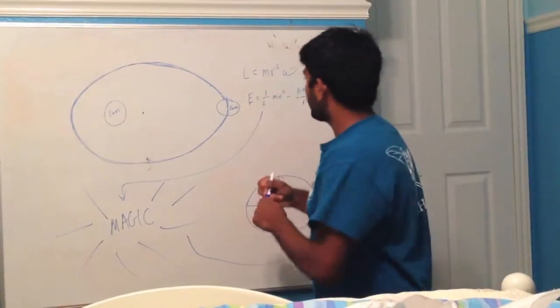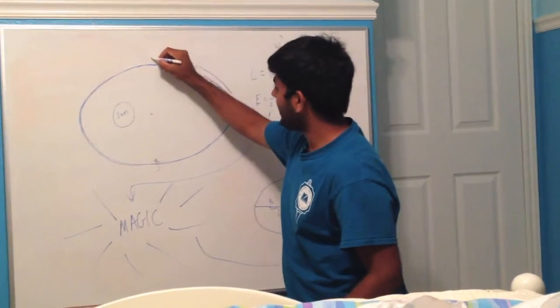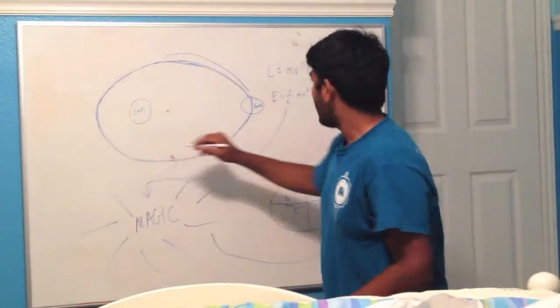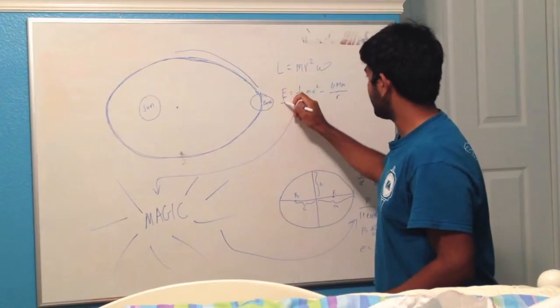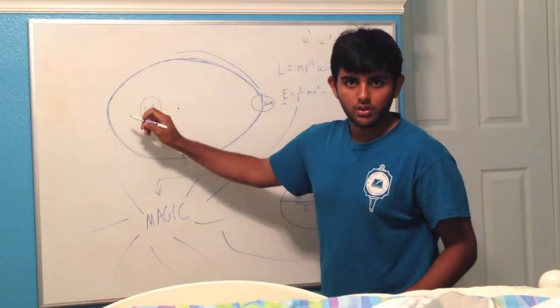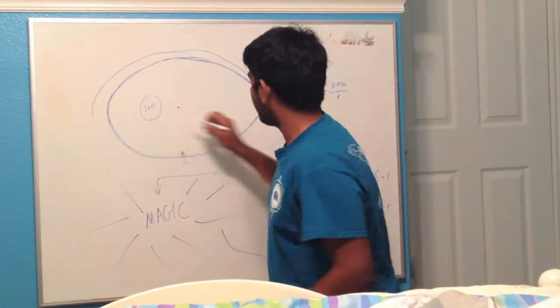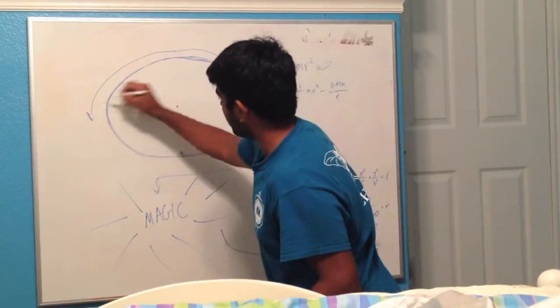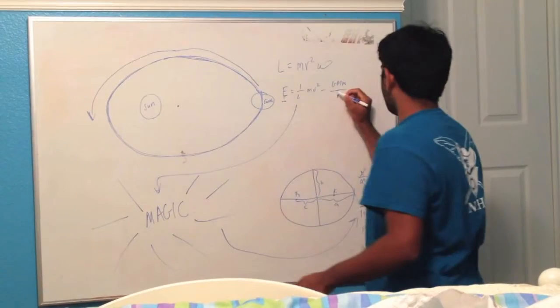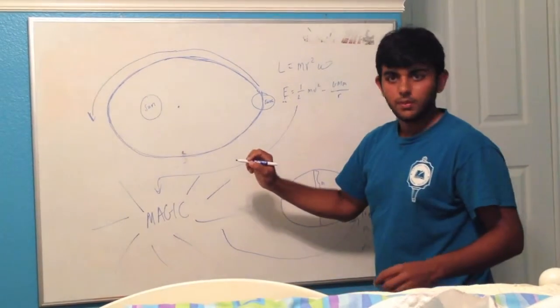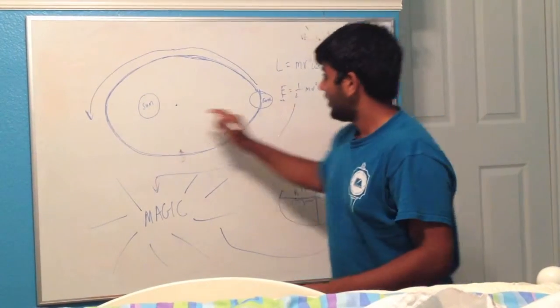Now, as the Earth goes this way, the radius decreases, and so, for the total energy to remain the same, the velocity must increase. Okay? So, as we're going this way, as it's approaching its perihelion position, the radius has reached its minimum, and the velocity has reached its maximum. That's how the total energy remains constant.